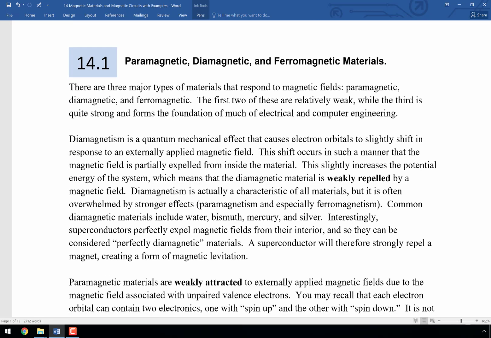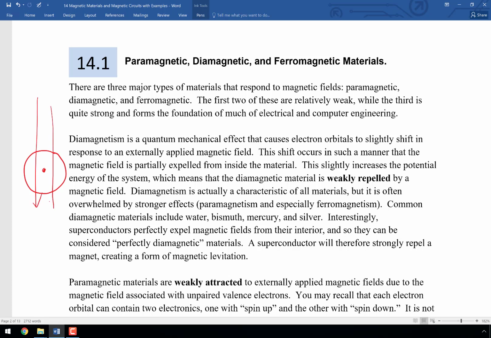Okay, briefly, there are three types of materials. There are paramagnetic, diamagnetic, and ferromagnetic. There are a couple of other very special cases, but by and large, these are the most important. Diamagnetism is quantum mechanical. It really refers to electron orbitals that slightly shift in response to an externally applied magnetic field. So if you have, and this is a simplification, please understand it's a simplification, but if the electrons were going in a circle around the